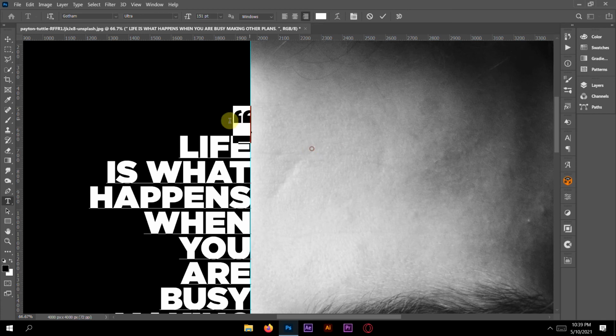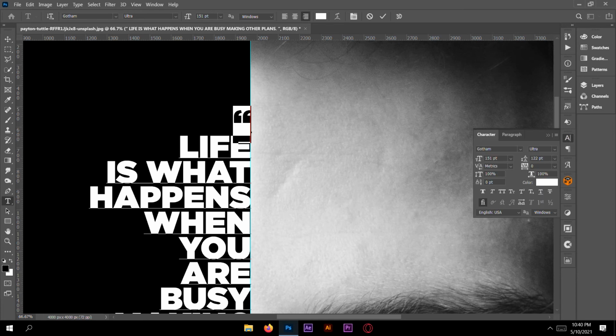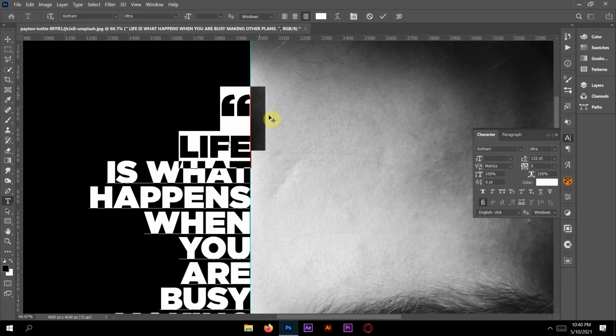So first select that quotation mark, then increase the tracking to 255 or 260. I guess it's fine. It's totally okay. And then the space is increased, so you select this line